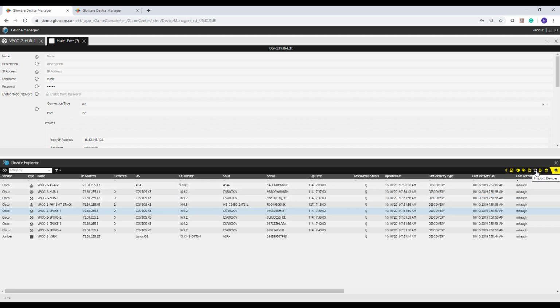So we've already talked about import. I've demonstrated an import. And then you have the ability to export. So export will take all this data collected and export it for you in a CSV format. And the last icon is trash or delete device. If you have pulled in a device that you do not now want to manage with Gluware, you can delete